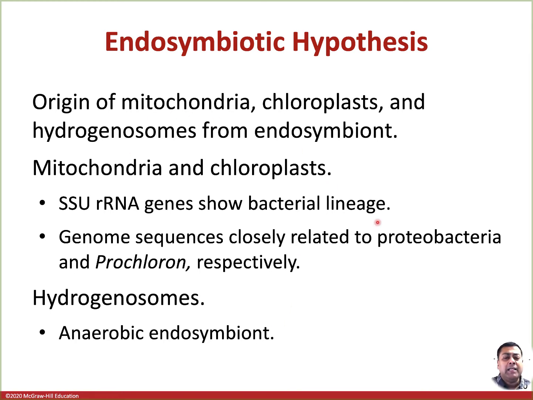So the initial idea of the scientists was that the mitochondria and the chloroplast were some of these bacteria, and they developed over time. But that hypothesis has now changed to what we call the hydrogen hypothesis. You will see it in your textbook, where scientists think that some anaerobic bacteria were engulfed by these cells, and over time these bacteria changed into aerobic bacteria, and that's how the mitochondria developed.